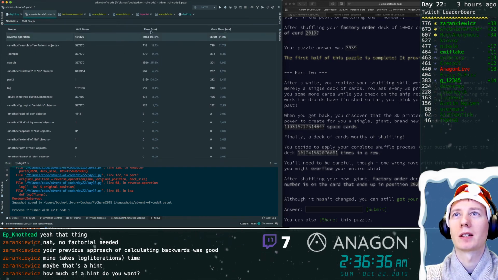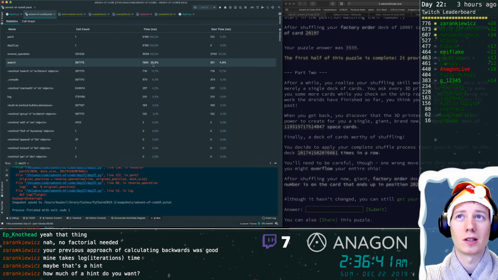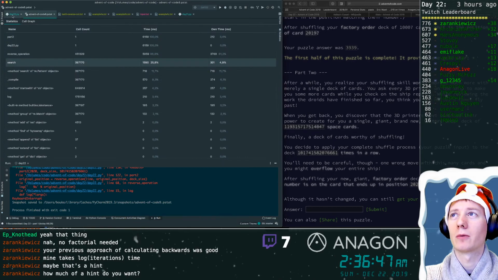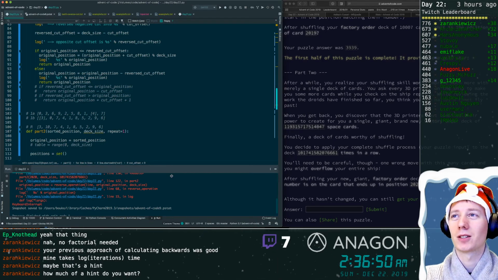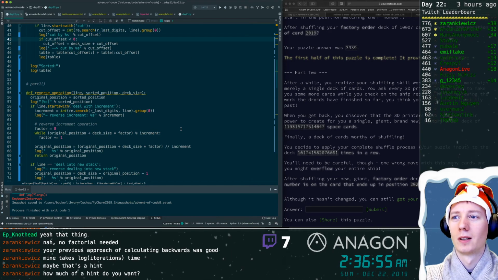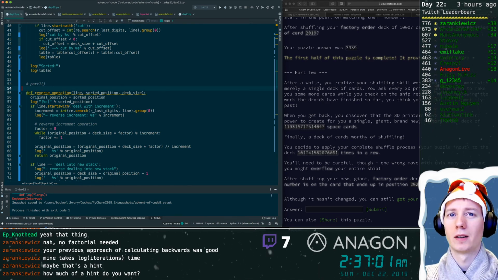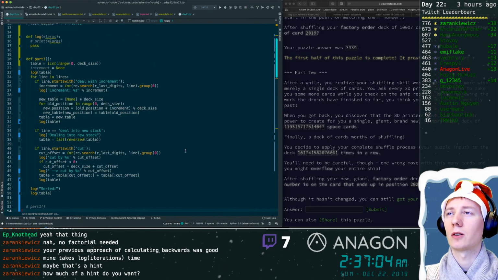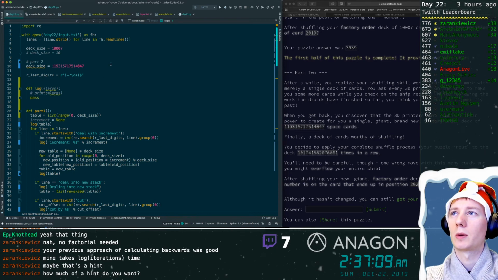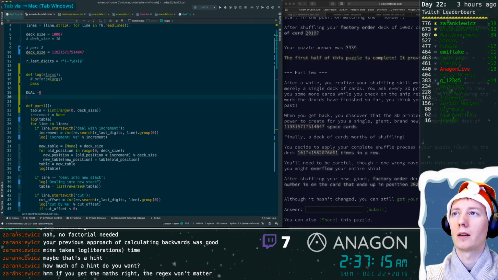The reverse operation takes the most time in my code, and out of that, it's the function called search. It's the regex that takes the most time. Oh no, really? I'm doing a regex search for every line. That's crazy. Okay, I see. That is also very slow. So I will get that regex out of there, and I'll keep a list of operations or something. We have deal is 0, and then we'll have